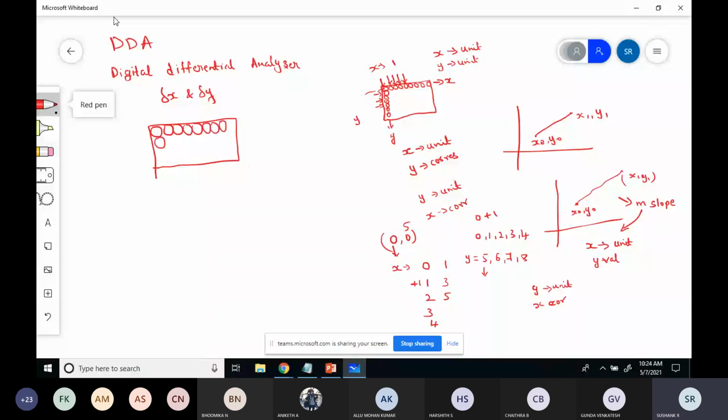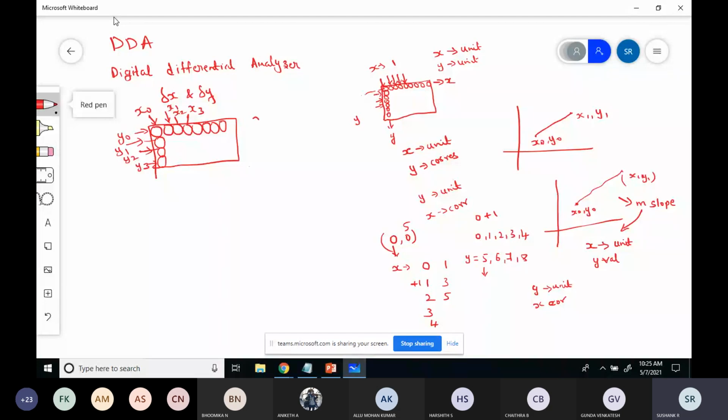So these are some points on the screen. If this is x0, this will be x1, this will be x2, this will be x3. If this is y0, this will be y1, this will be y2. Usually the origin will start at this point. I'm just taking the top of the screen as the origin. So y0, y1, y2, y3, they are moving along unit intervals the same way.